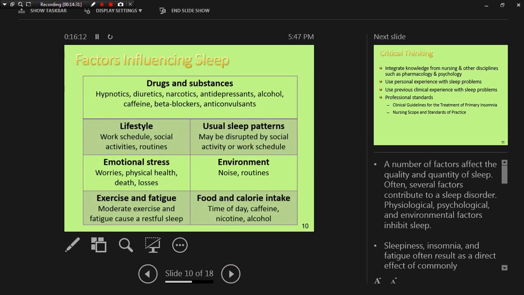So factors that influence sleep: drugs, substances, we talked about diuretics. If we talk about narcotics and antidepressants, a lot of the adverse effects that you look for are sleepiness, lethargy. But some things to consider is that though these patients may actually go to sleep, it doesn't necessarily mean that they may stay asleep for long extended periods of time, or that they're going to move through the stages that they should be. So they still may not feel well rested or rejuvenated when they wake up. So that's just kind of a point of contention. A lot of people use those things and alcohol to help them sleep